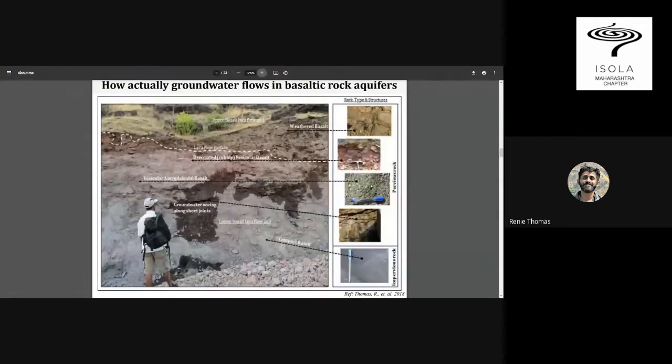But if you actually look at the architecture, that's why I wanted to show this photograph where there are different rock units. On the right side, I've given a legend where different rock types have different ways to hold water and transmit water. And in this photograph, water is not something very uniformly saturated. It is going through certain cracks and crevices. And this is how groundwater moves. And we are actually tapping into these veins.